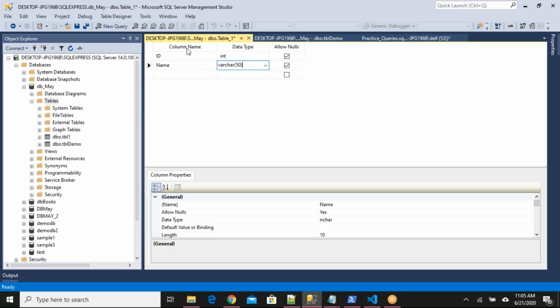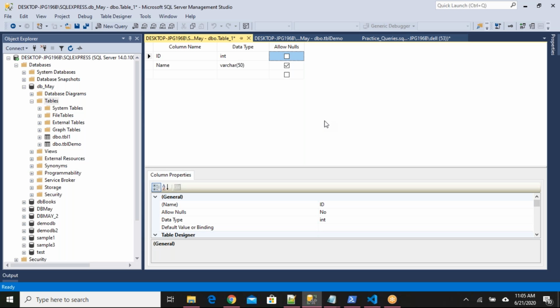And if you notice here, column name is fine. It's the name of the column, and data type also we know. What is this allow nulls? It is by default checked. Allow nulls means, in simple terms, they are not required fields. While inserting data, if allow nulls is unchecked, for example for the ID field, that means the ID field is not a null field.